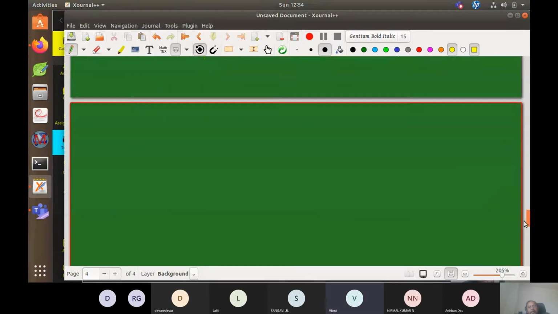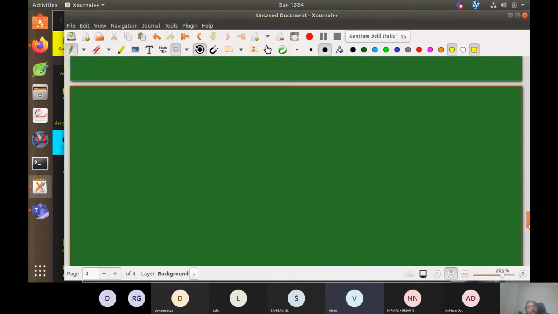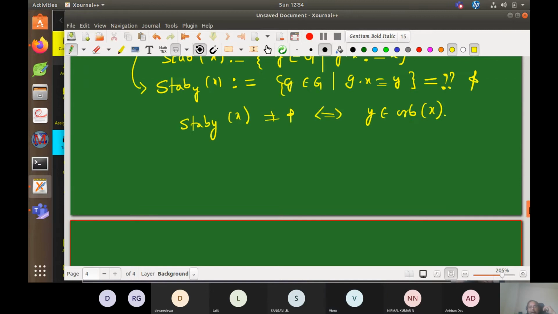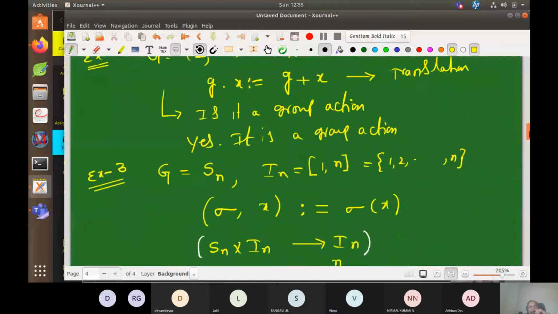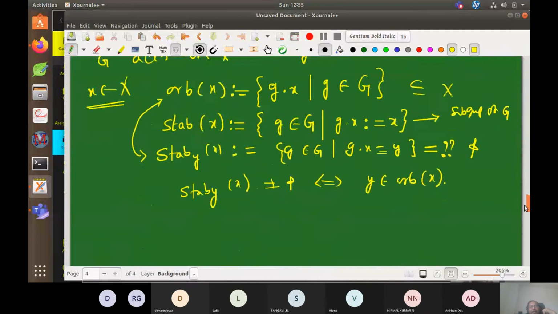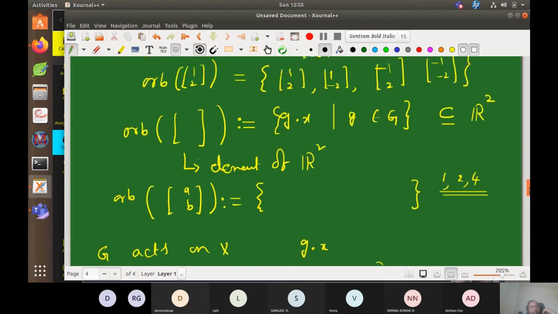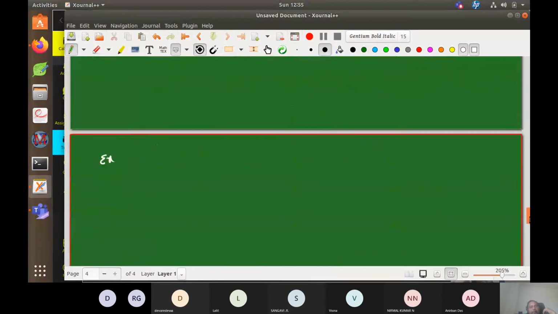Any other example? You take any set G and any set X, and we define the operation so that each element does nothing to it. That is very good. I am looking for this example. I thought this morning that I wanted to start with that example, but at least somebody came up with it. Yeah, so now I am happy. Now I can leave these definitions and go to that. Good. So example 5, now example 6.